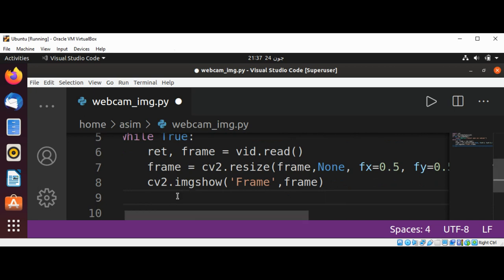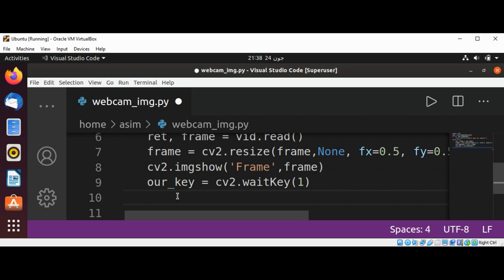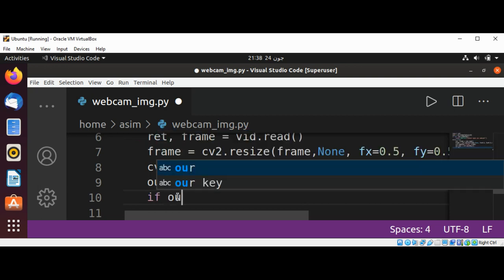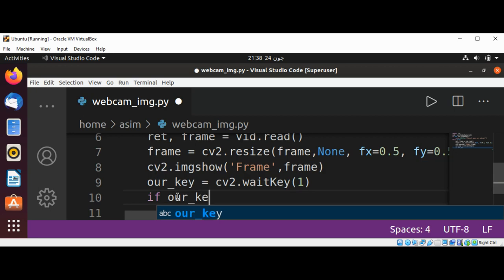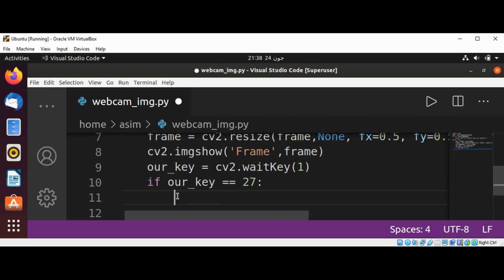We can use the waitKey. Our key will be set to cv2.waitKey, and pass in 1 as an argument, and we are going to check if our key is equal to 27, the escape key. Then we are going to break from our loop,